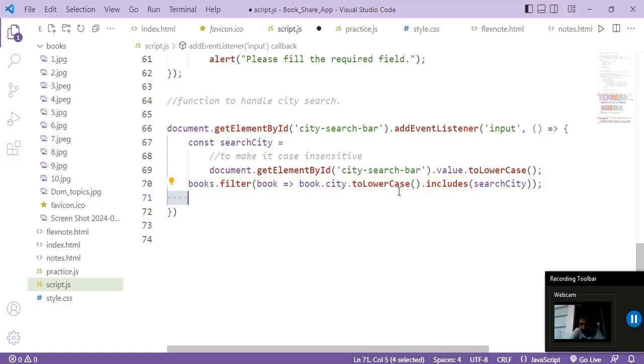So अगर सर्च फील्ड में किसी ने दिल्ली कैपिटल लेटर्स में लिखा है, so it will change into lower case. And हमारा जो बुक्स एरे है उसके अंदर already पहले से डेटा होगा, so वहाँ से हमने सिटी को लोअर केस में चेंज किया और सर्च सिटी से मैच किया. So अगर दोनों लोअर केस मैच हो रहे हैं, then